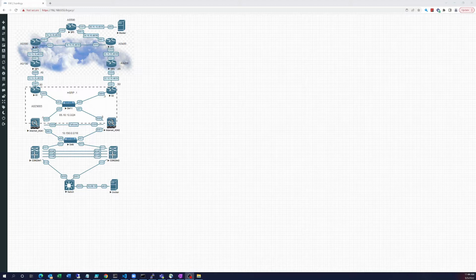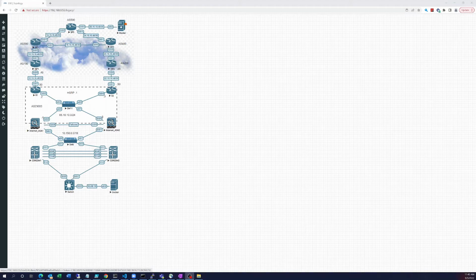So what I'm going to work with here is the environment that you see on the screen. This is the internet up here in the top part with all of the different ASs. That's going to simulate the internet. Anything above R1 and R2 are going to be the internet circuits. So this site will be connected by two internet circuits, right? You can see R1 connected to ISP1, R2 connected to ISP2, and then there's also a machine out here, a